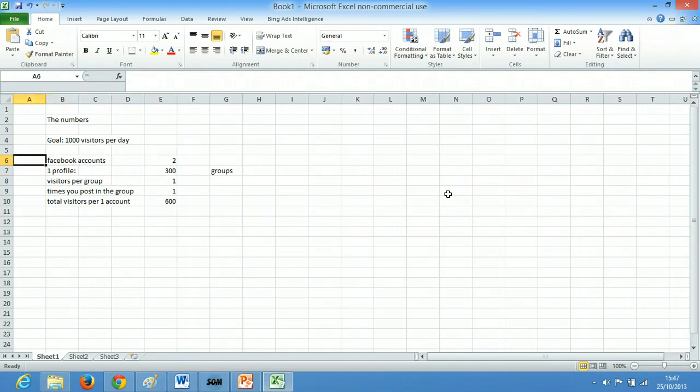Now typically you cannot create a fake Facebook account. This is not allowed, okay? So what you can do is, if you are married, maybe you can ask your husband or your wife to use their Facebook account to join another 300 groups, okay? That's going to be the simplest way. If you have kids, you can use their Facebook account to join several groups, okay? Ideally you want to join as many groups as you can, okay? And if they don't want to do it, maybe you can give them an incentive.